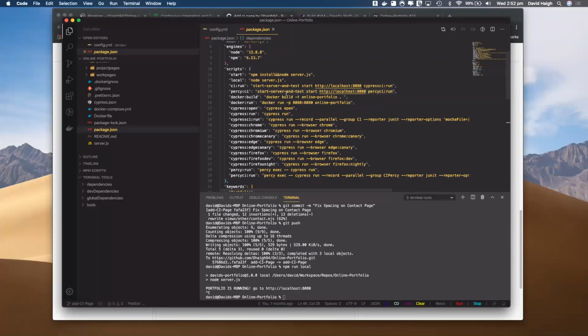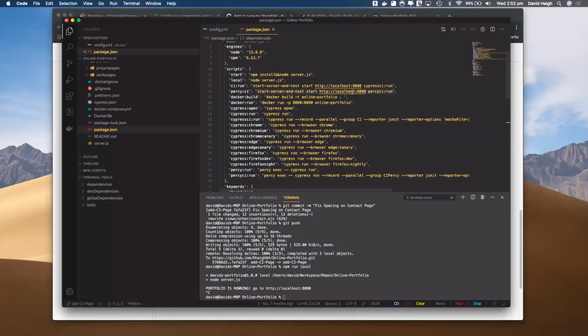So I don't need to set up a dev environment. I can just tell it to spin up localhost, and then it would always run the code that's on that branch. So it's using that package start server and test, and